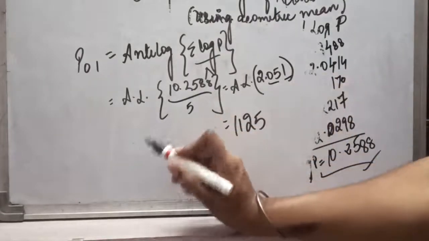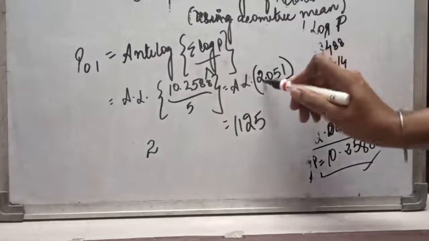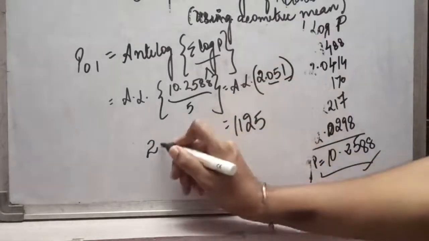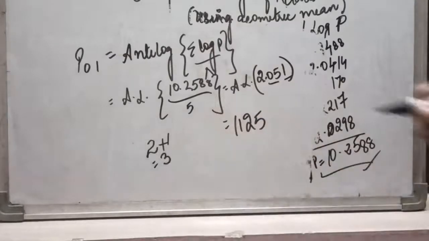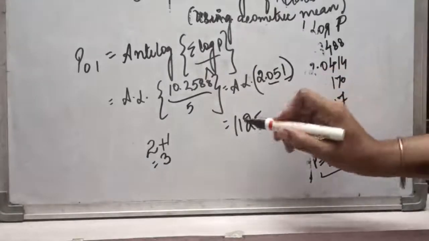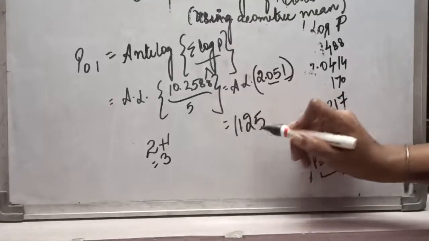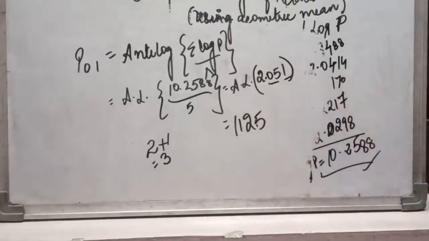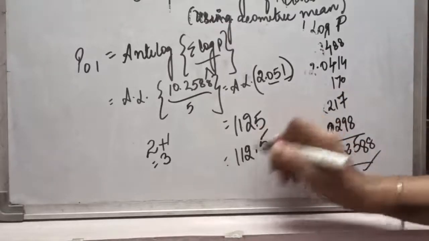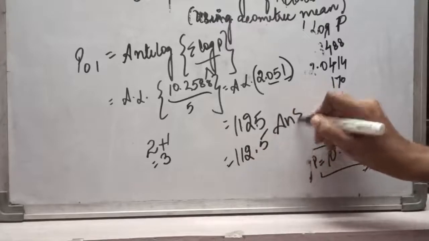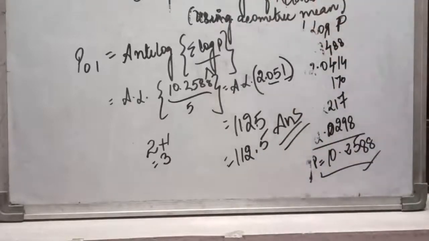So we will not count the digits, we will see what has been written. Here it was before point 2 was written. We will add that into 1. So total is 3. Now we will put the point in this answer and we will count from the front. 1, 2, 3. So point will be coming here. So our answer will be 112.5. So this is the answer of NT log and log under simple average method using geometric mean.